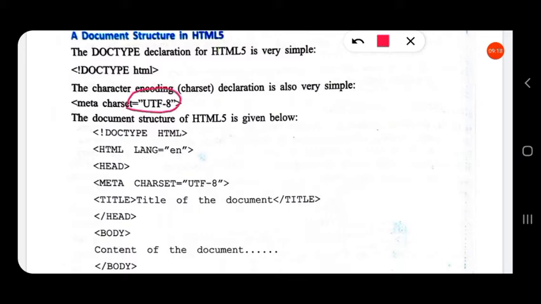By using this encoding scheme, whatever character we type in our computer is stored based on a Unicode encoding scheme. That encoding scheme is UTF-8, so the encoding is done by UTF-8.